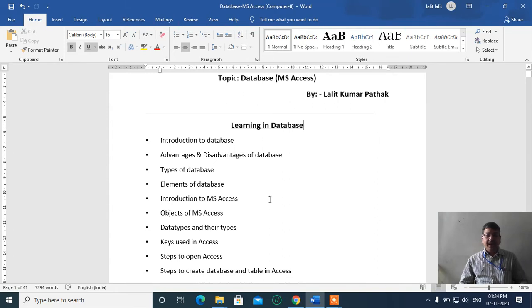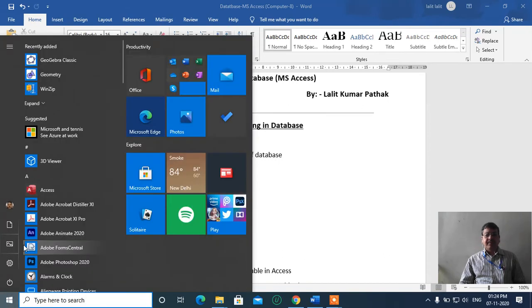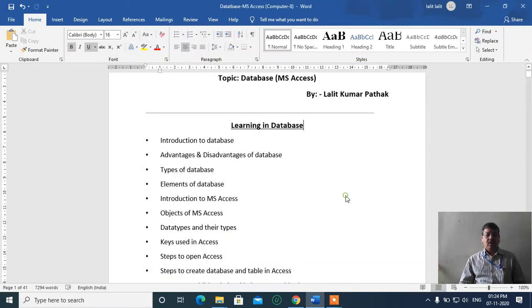First of all, you have to open MS Access. You can open MS Access by clicking on the start button, then click on all programs, then click on MS Office and select MS Access. Or you can directly open MS Access using the run command.